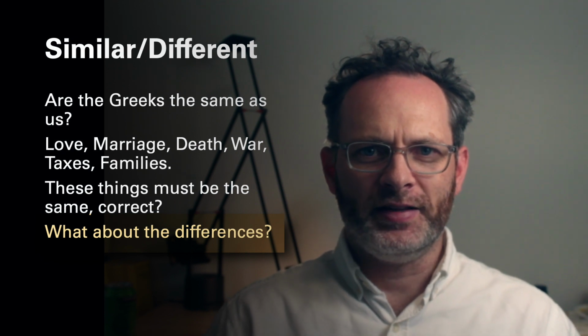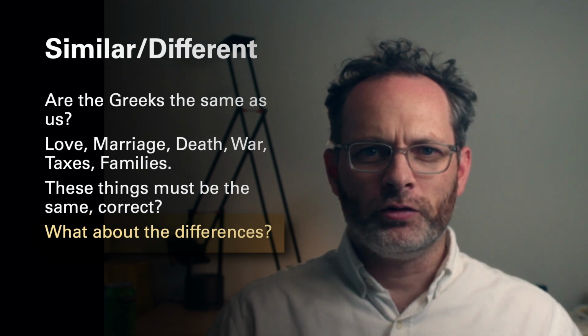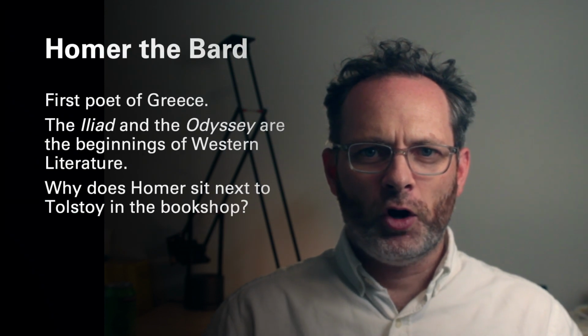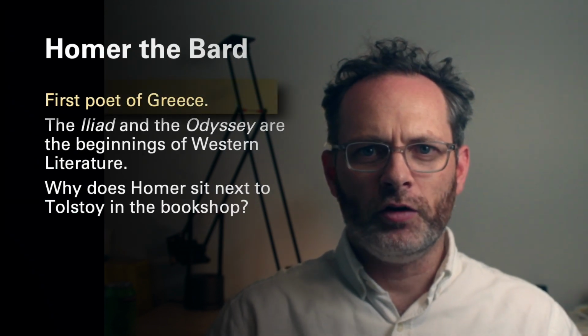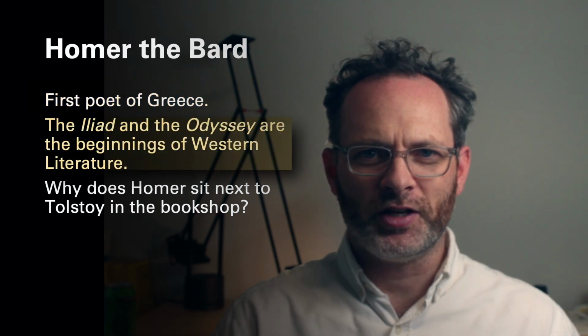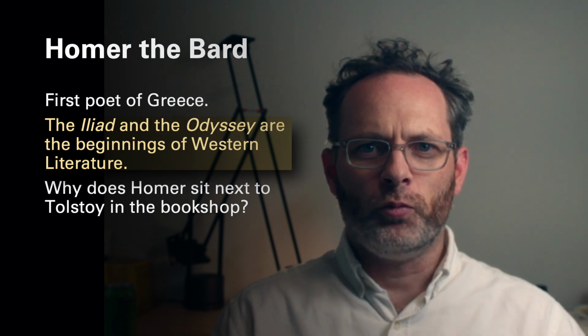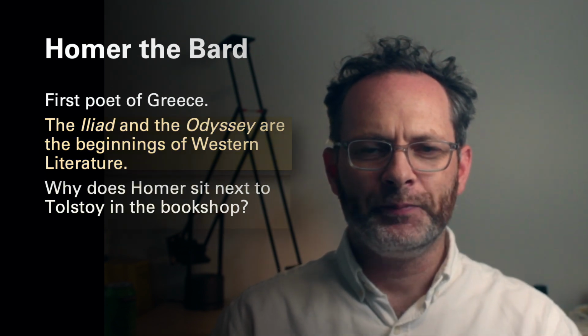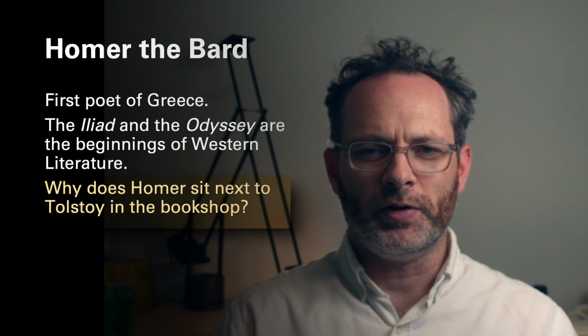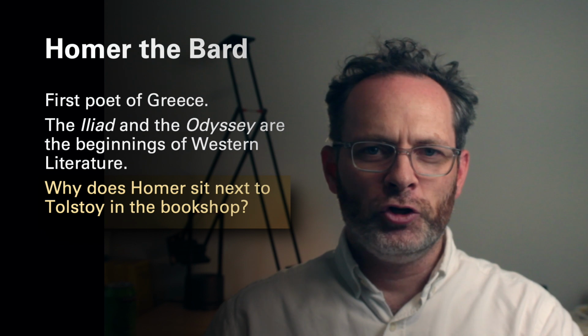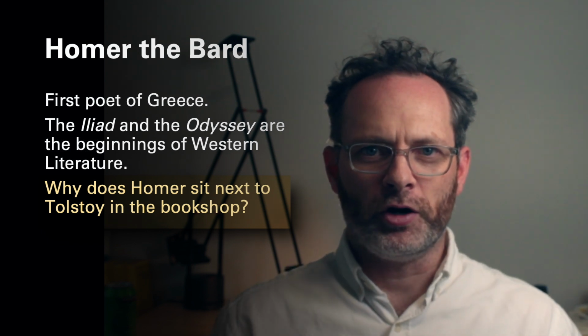One main strand that connects the ancient Greeks to us is our tradition of literature. Now, Homer is the first poet of Greece, and he's also the first extant work of the Western literary tradition in general because of the connection of Greece to our own civilization. Just in thinking about Homer, we can start to access the question of how is Homer just like the literature that we read today? How did it influence the literature that we read today? And how is it different? We'll see that the composition context of Homer is much, much different than, say, Tolstoy's War and Peace or Shakespeare or a modern novel today.